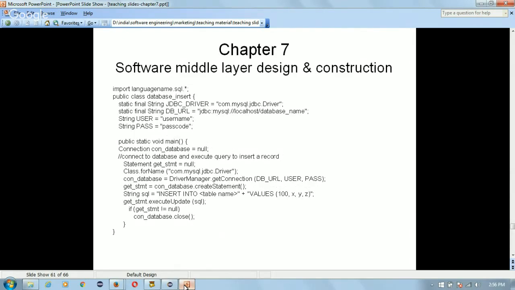So here is one example. In most programming languages, the package which is named SQL contains the database connection task, and then database management task, and then the queries, embedding of SQL queries in the programming language, etc. So first of all, you need to import this package, and then you can create a class. So we can create a class like database underscore insert, and there we can define